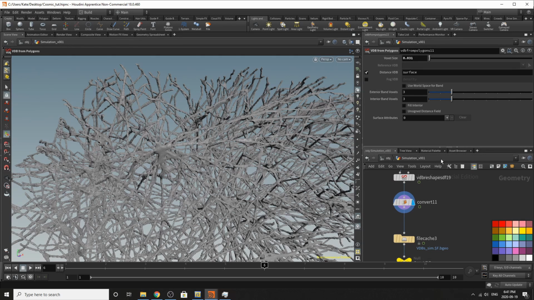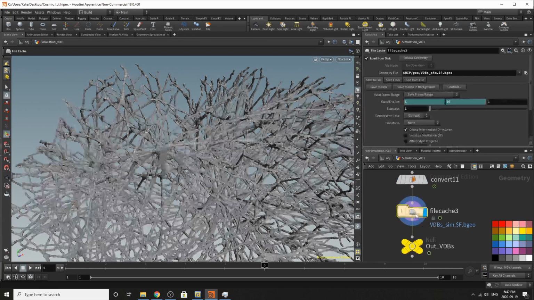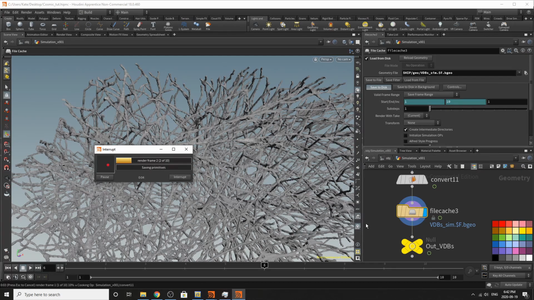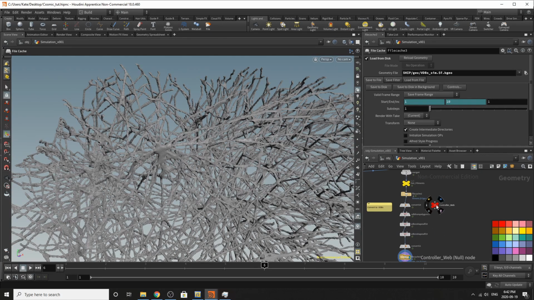So I like this, I like what we've done, and what we can do now is file cache this out and save it to disk. So as that's in the process of doing that, you can see that I've added another null that says up to VDBs. And what we're going to do next is add these parameters onto our little controller. And that's pretty awesome. So let's go up to our controller,